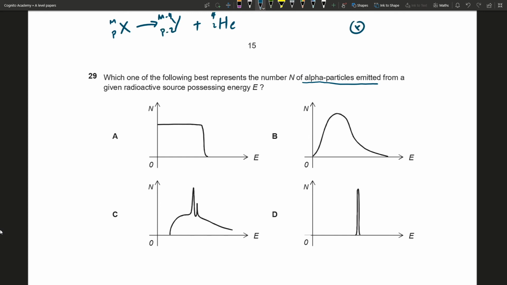So we have the X nucleus originally, then it splits up into the Y nucleus and the alpha particle, which is helium. And then to conserve energy, because some mass is lost in this process, the daughter nucleus Y will have to travel with some velocity, and to conserve momentum, the alpha particle will also have to travel in the opposite direction with some kinetic energy. Now, taking conservation of energy gives us one equation, and taking the conservation of momentum